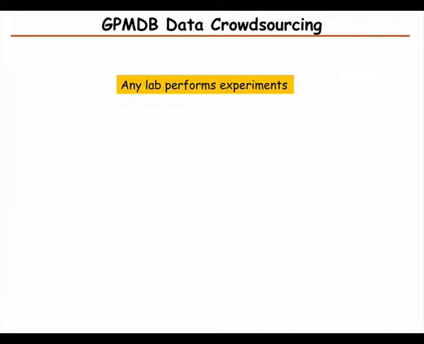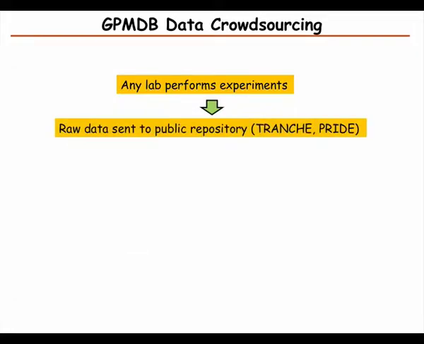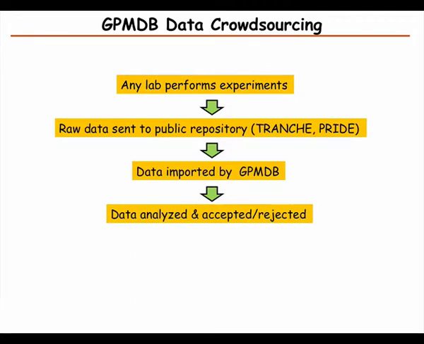Any lab in the world performs an experiment, then they deposit it somewhere in a public repository, and then GPMDB imports it, runs some QC on it, and then either accepts or rejects it. About 20% of data is rejected, mainly because the chromatography is not reproducible, for example the electrospray worked for a while and then in the middle it dropped, and then there was no data,